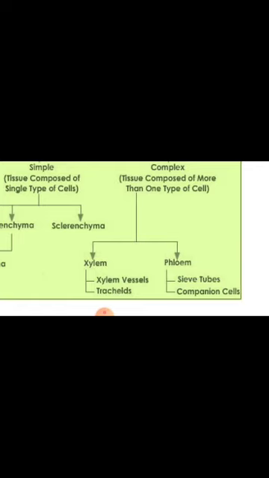Further, we'll see the difference between the xylem and phloem. So, it will be very clear to you what is xylem, what is phloem and how they help. The main things that you need to know about xylem are the xylem vessels and tracheids. You must know what tracheids are, what sieve tubes are, what companion cells are and what the difference between the xylem and phloem is. Now, you are learning this from standard 8th. So, you must know now what is xylem and what is phloem and what are their functions.